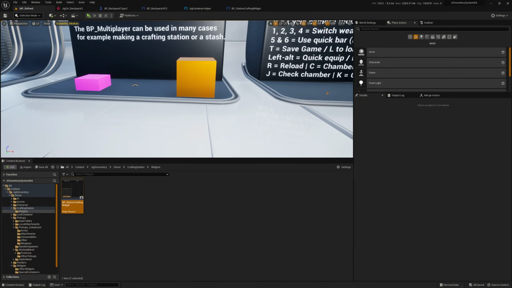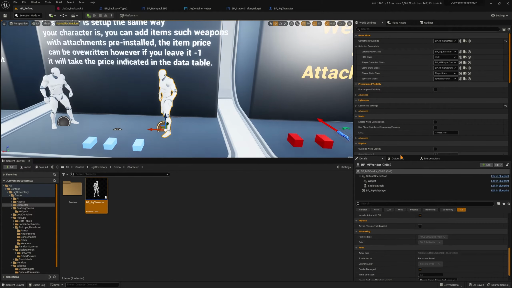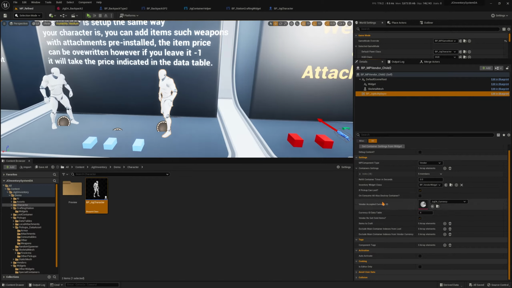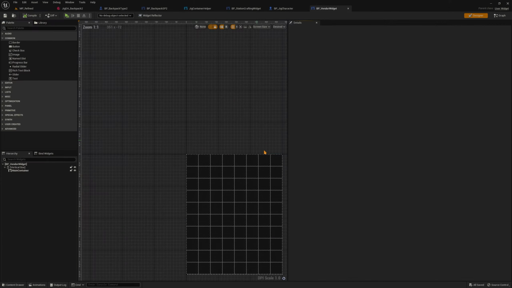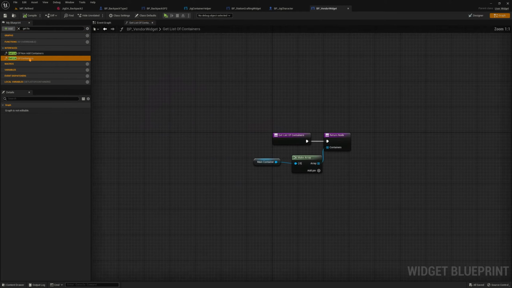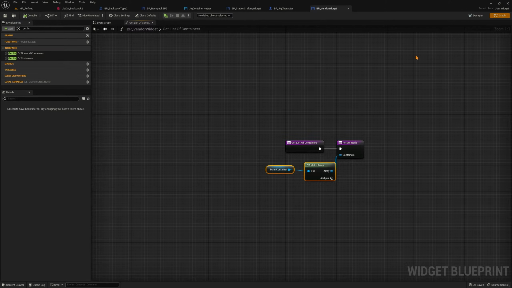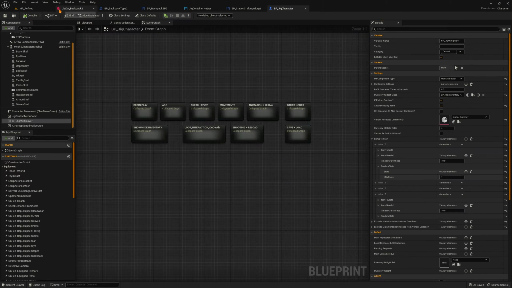Okay, all right. So when it comes to vendor, also pretty straightforward. It also uses the multiplayer component, same thing. It has a widget, and here we specify the container settings for it, 8x10. This is the vendor widget. As you can see here, same thing, uses the same interface, right? This returns 1 container, and here